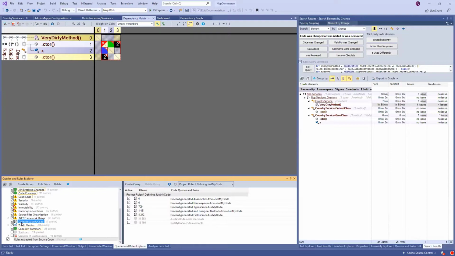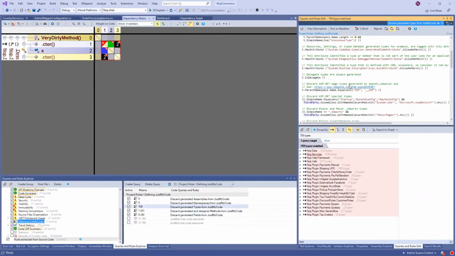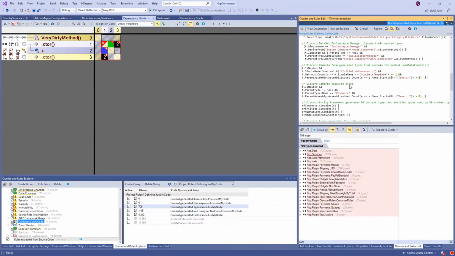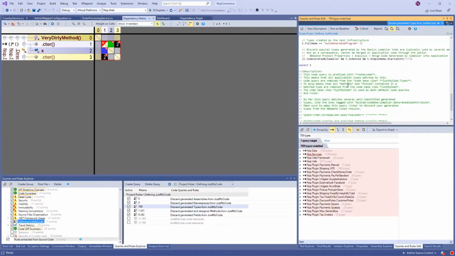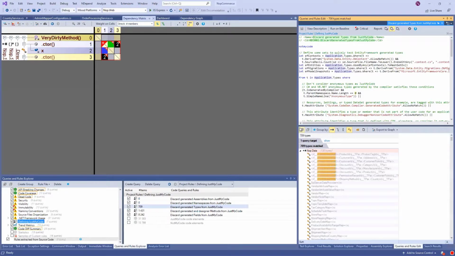So basically, NDepend is providing some code query with a prefix, named not my code, where you're going to match all the stuff that are not your code. So as you can see, there is a lot of logic that already attempts to match what is not your code.